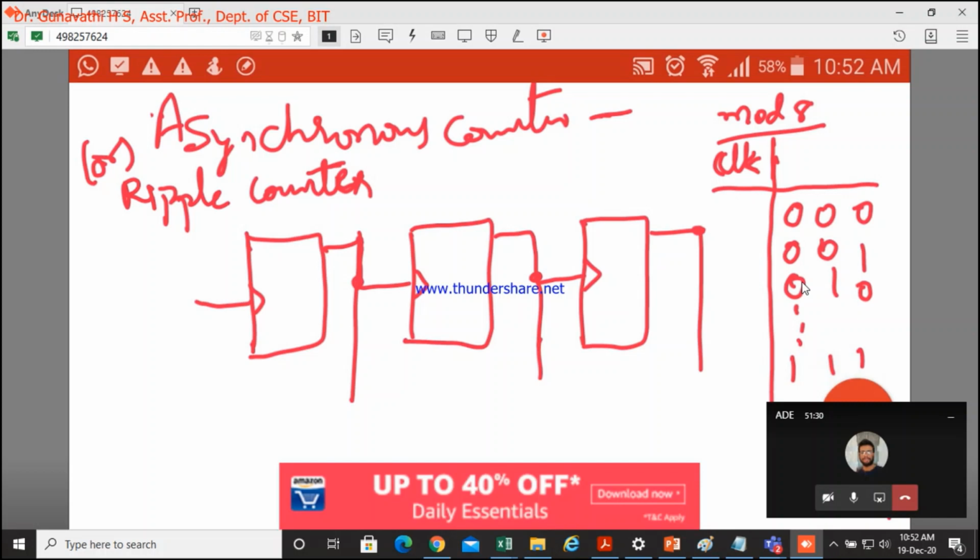With the application of the clock, it's been written here as positive edge. So let me write it as an up arrow for the clock. For every application of the clock it's working. Otherwise, instead of representing like this, I could write clock 1, clock 2 like that. But still you can write it. This is only for your reference. So for this you will have clock 8, because 8 times you are going to apply the clock, you are going to get the different sequences of 0 to 7, totally 8.